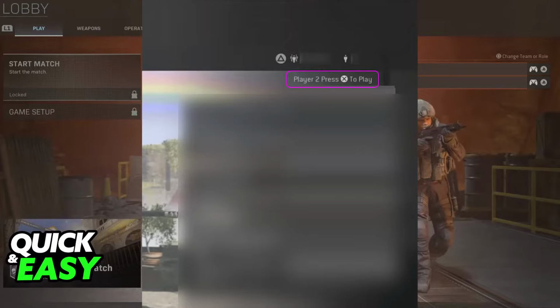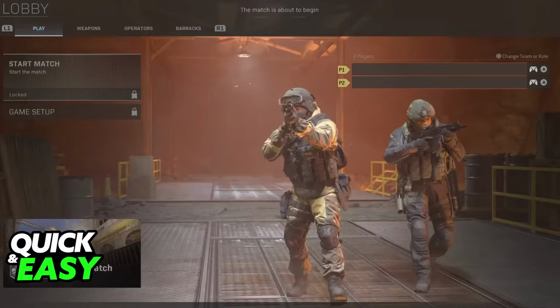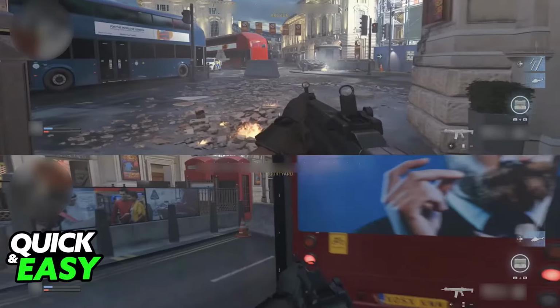Usually, if a controller was not detected, it is going to say something along the lines of add controller for split screen instead. So in that case, double check the connection of your controller. But if you see this option to press a specific button, just go ahead and press it. This will load into split screen immediately and you will see both of you in the lobby. Now once you start the game, split screen will be initiated immediately. And like I said, you can queue into online and do split screen, or you can do offline, whatever you